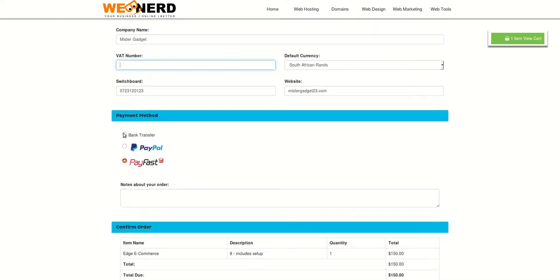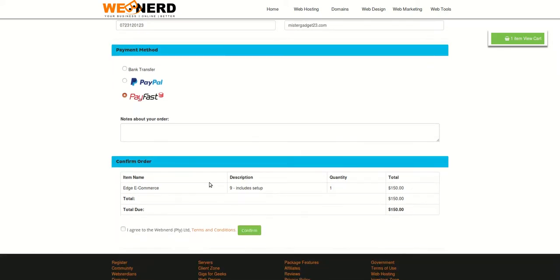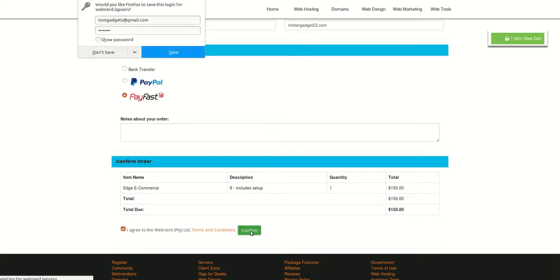Payment methods, you can do a bank transfer, PayPal or PayFast. If you need something extra, please let us know. Agreeing to the terms and conditions and selecting confirm will finish off your